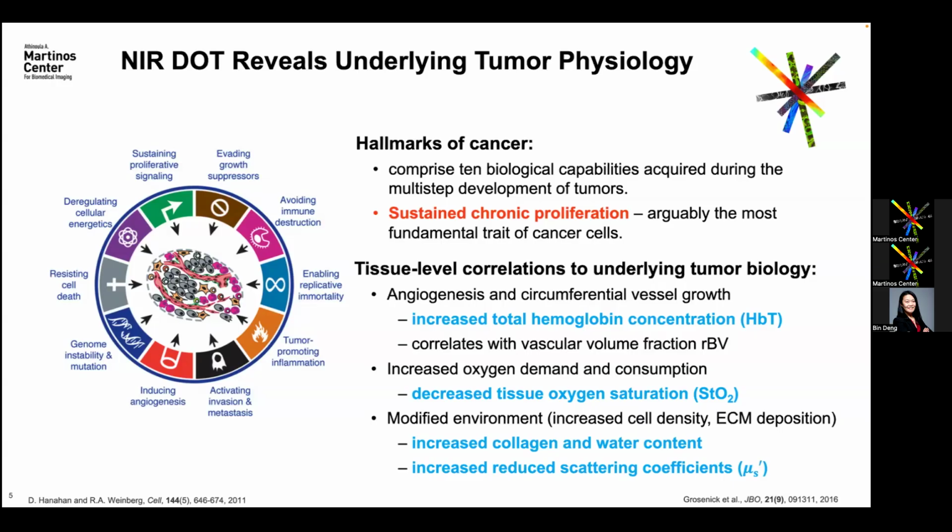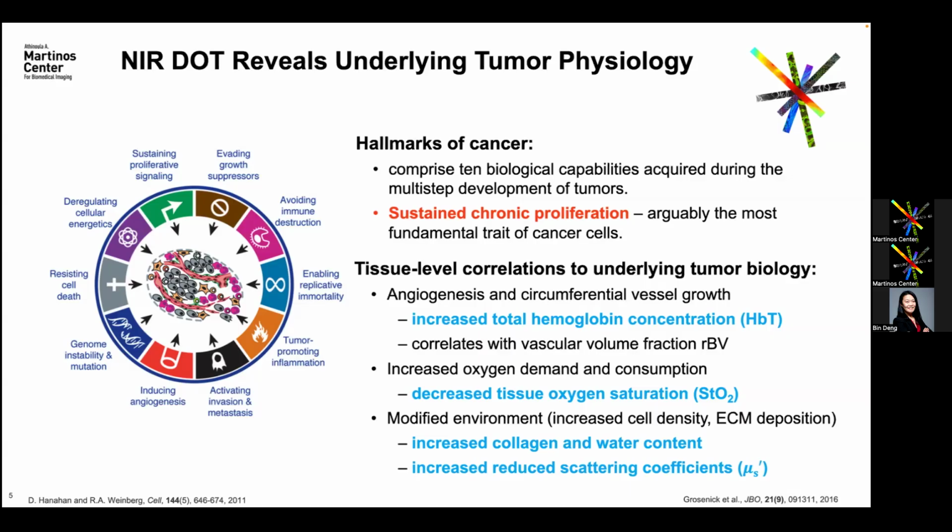For example, cancer is known to have angiogenesis and abnormal blood vessel growth, so that can offer an interesting contrast in the so-called total hemoglobin concentration. Tumors are known to have an increased level of HbT. Also, aggressively growing tumors tend to be hypoxic. So by measuring tissue oxygenation, we can get a sense of how aggressive the lesion is and whether the lesion you see is malignant or not. And then in that process, the growth of the tumor also needs support in the